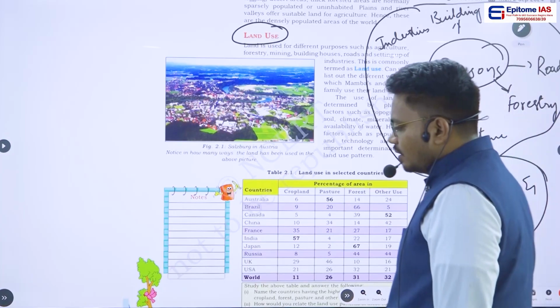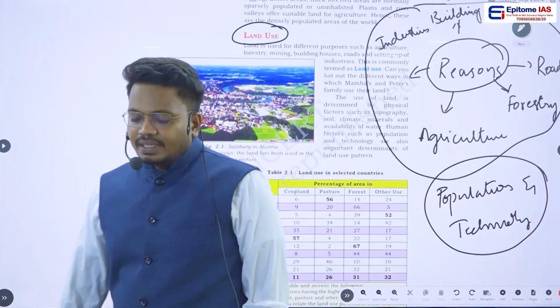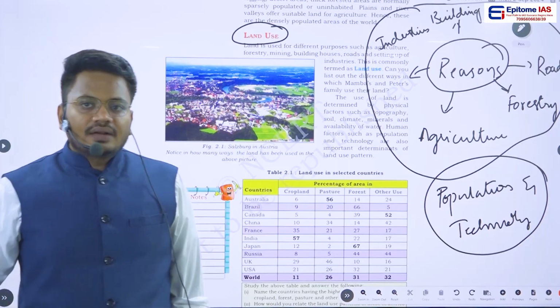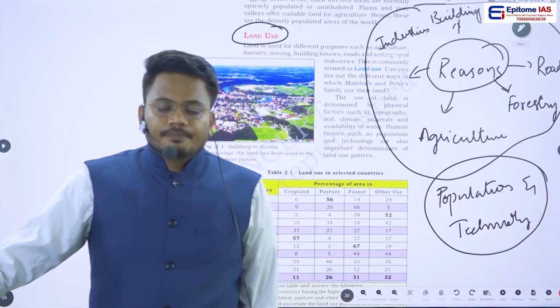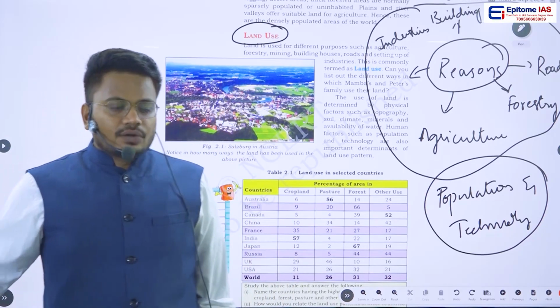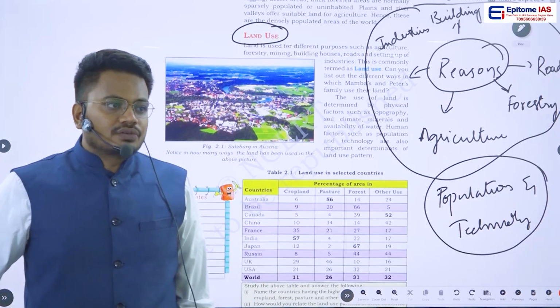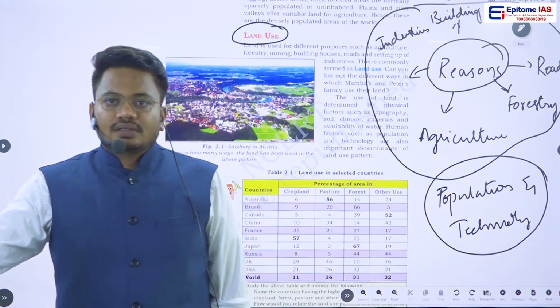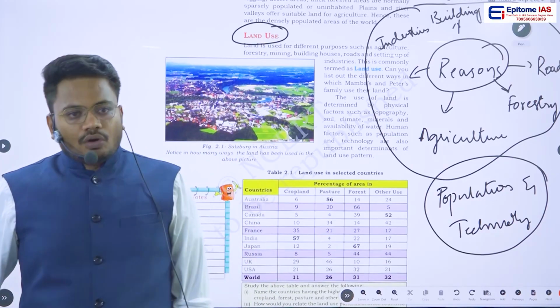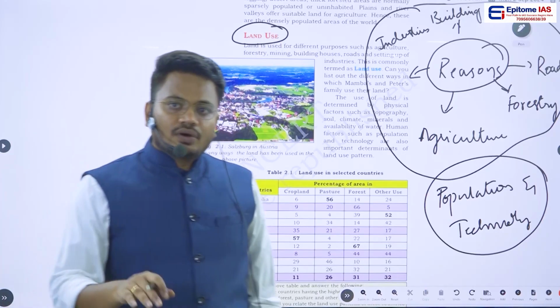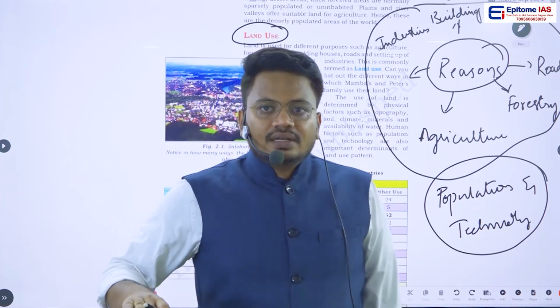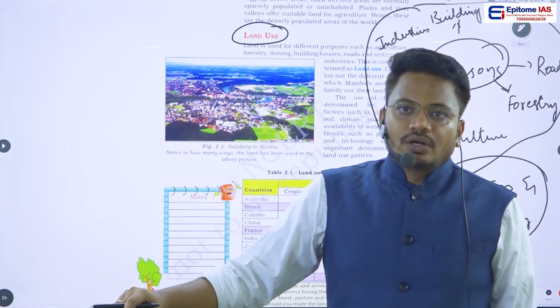That means people will be using lands if they are very favorable for living, and if they have technology, obviously they will use that technology in order to convert that particular land into usable land. So humans as well as technology are important factors that play a major role in